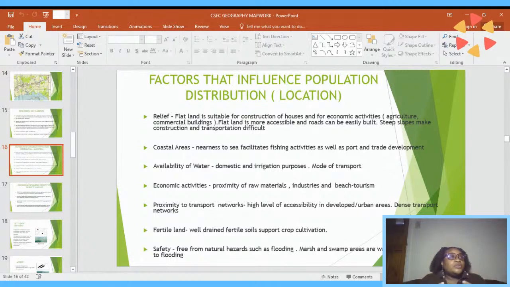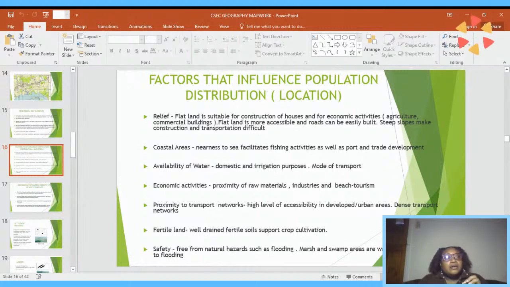You can also give the name of the place on the map or the area of the place on the map, and also give a compass direction, because your examiners will know you're not just quoting the factors, but identifying these factors on the map. You understand that? You're following me,